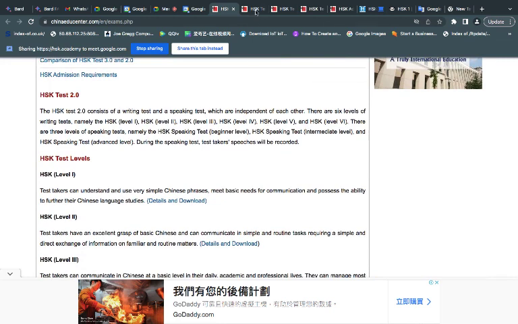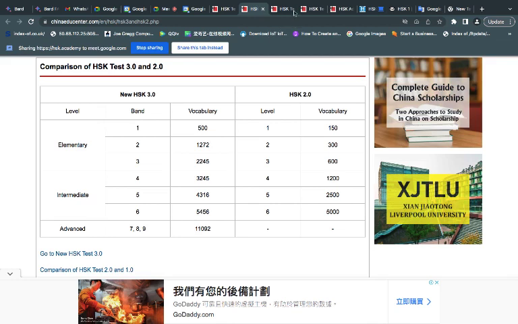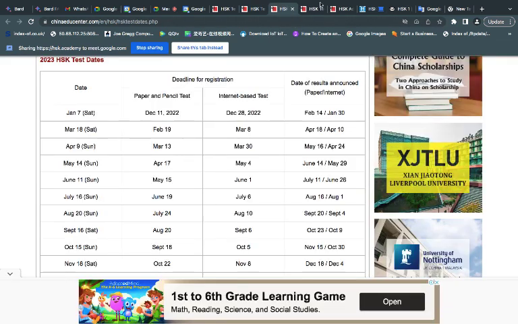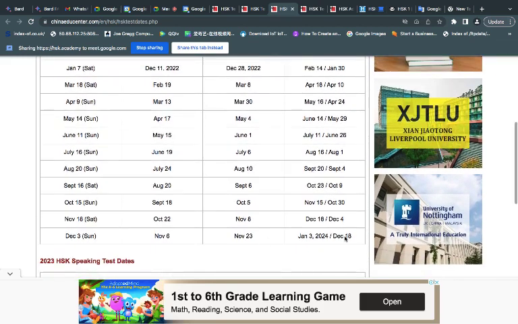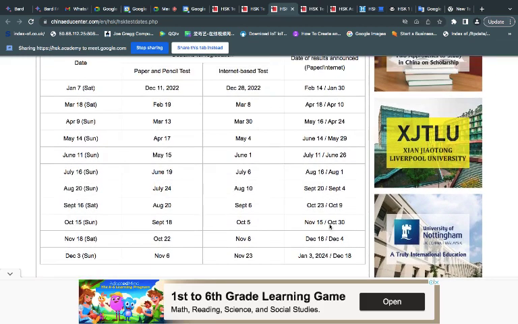The dates are available for everyone to see, usually from, let me see, where are we? Okay, here we go. So you can see it almost every month. We see here there's March, there's May, there's June, July, August, September, all the way to November, right? Also December as well. And then this is where you can sit, you can write, and then you can get your results. Then people can actually see them online as well if you want to attach that to your resume or your CV. Okay.